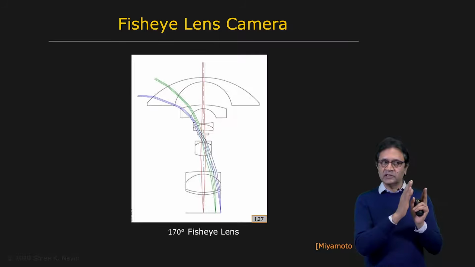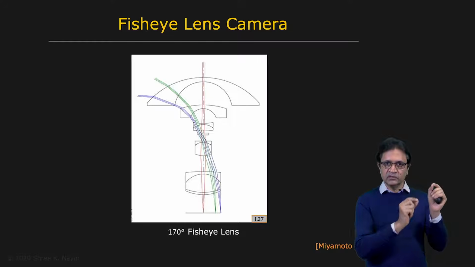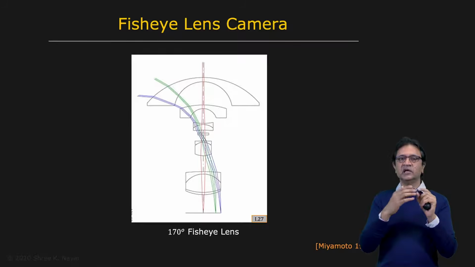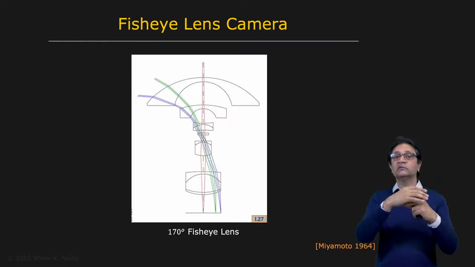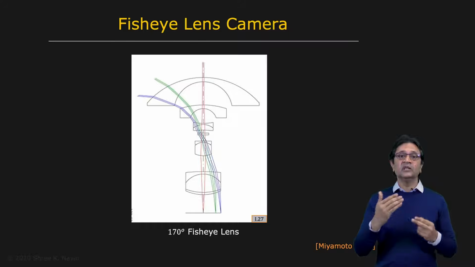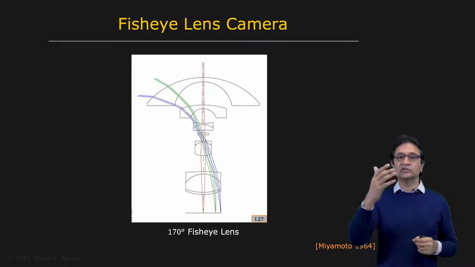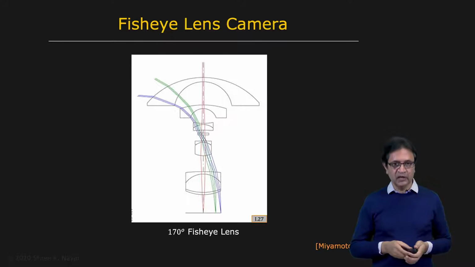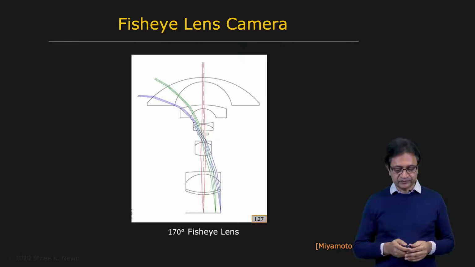Because if I see some part of the field of view from this viewpoint, and I see another part of the field of view from this viewpoint, it's very difficult to recreate an image that is perspective of this entire field of view without knowing the three-dimensional structure of the entire scene. So you really want single viewpoint systems in computer vision.